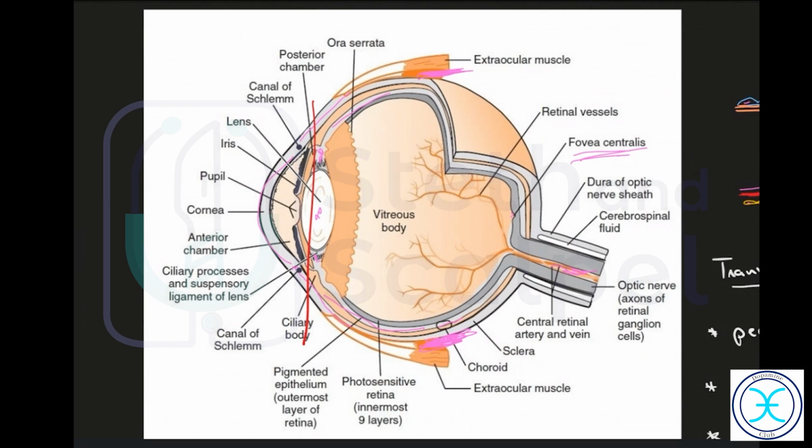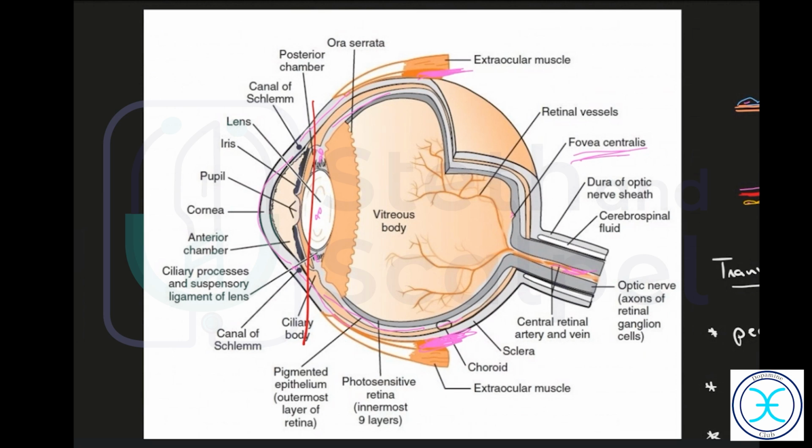Before going to that, can someone tell me the layers of conjunctiva? Don't complicate it too much. What is mainly present in the conjunctiva? Epithelium, adenoid layer, fibrous layer. Exactly. Those three are the layers of conjunctiva, and there are a lot of blood vessels present there. So any kind of inflammation in the conjunctiva, you're going to have redness. The most common symptom you're going to see with respect to conjunctiva is red eye.